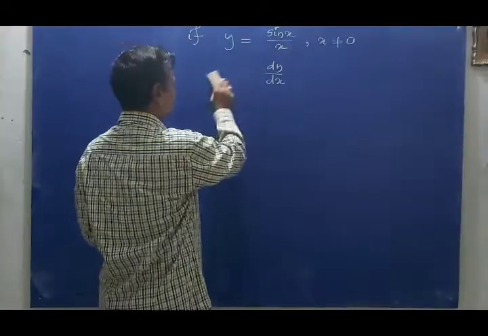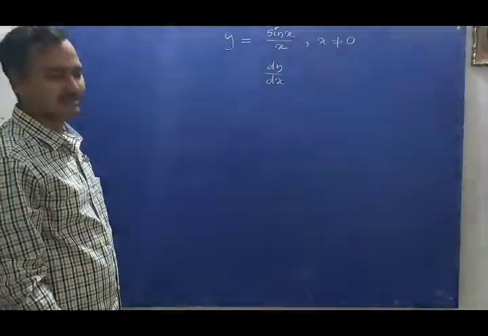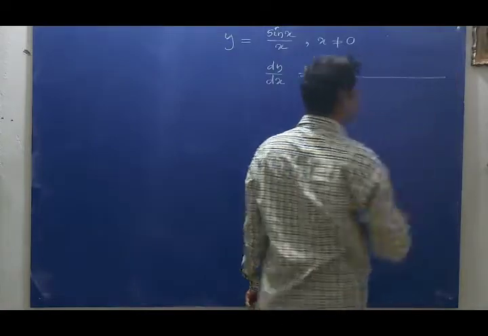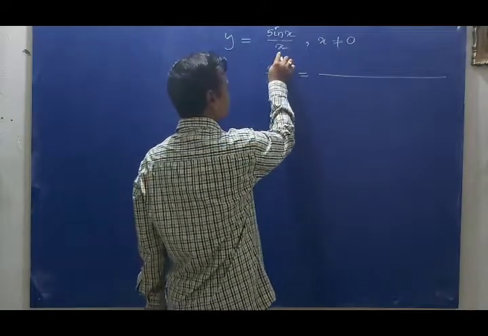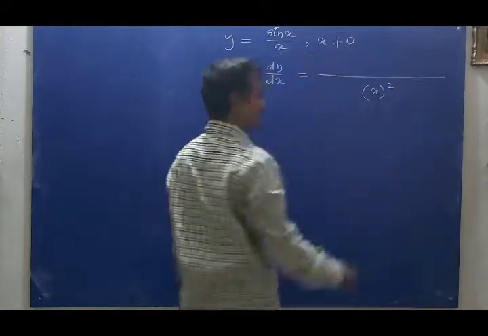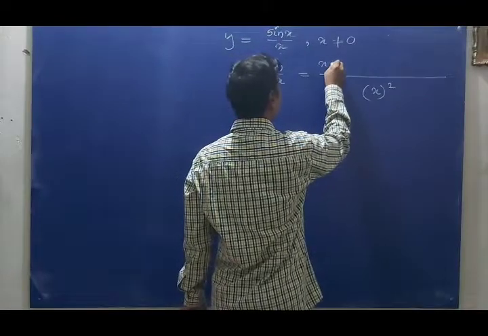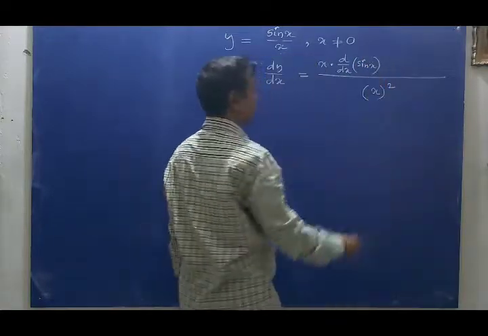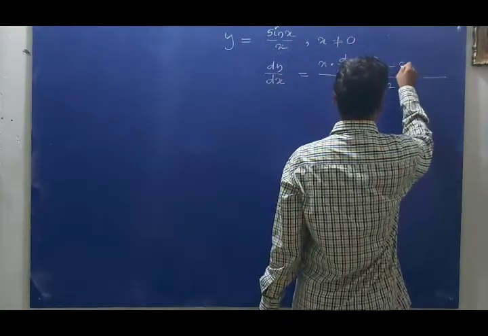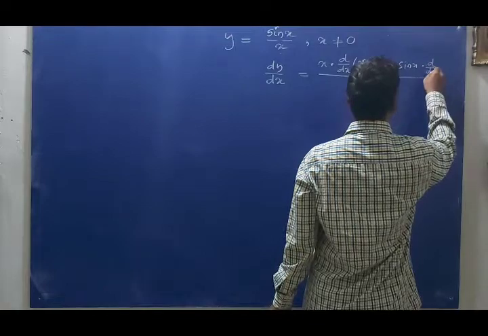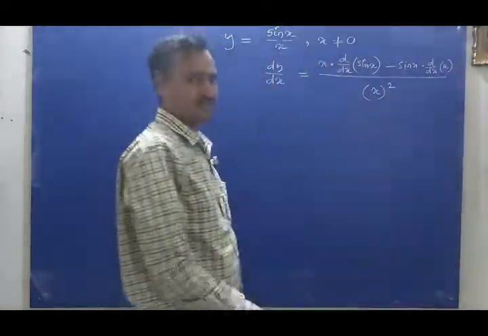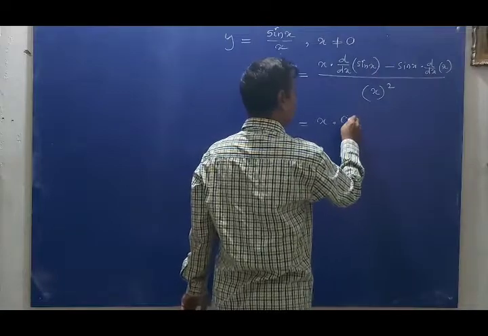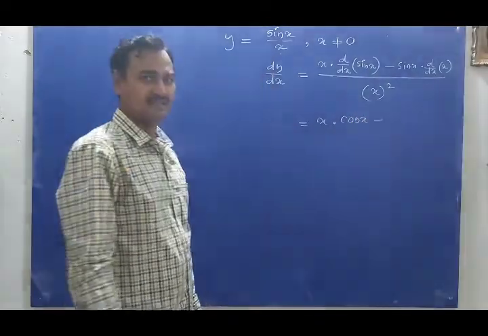So how to find dy by dx? y is equal to sin x by x, x is not equal to 0, so dy by dx is equal to v square, and v is x, so x whole square, in the denominator. In the numerator, x into d by dx of sin x, the derivative of sin x, minus sin x into d by dx of x, the derivative of x. That is x into cos x minus sin x